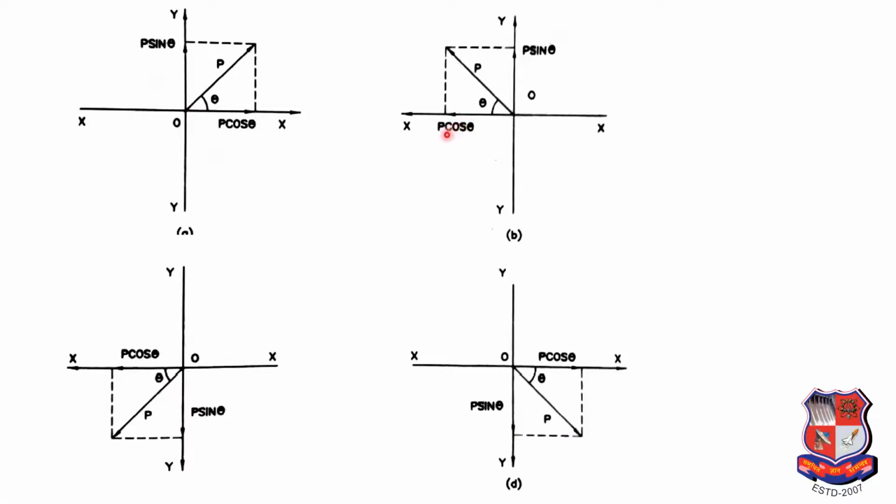So here you can see and understand from the figure, this is x axis, this is y axis. In all four figures, A, B, C, D, you can understand that here point O is there, both the axes are given. Here there is a theta with x axis. Okay, here there is a force P. So wherever that theta makes the angle with the x axis, there will be the cos component, and the remaining vertical component will be sine.